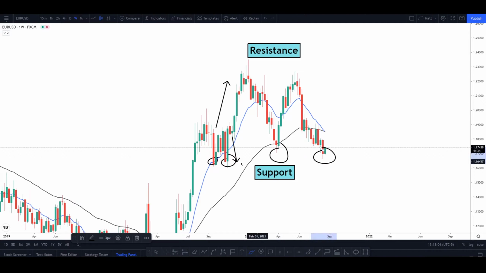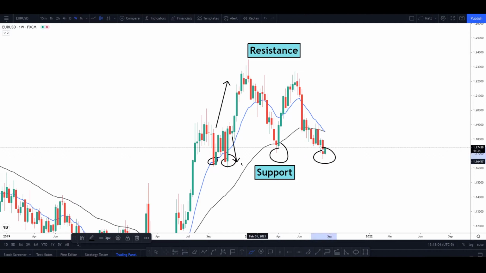Once again, you want to look at it as a general price region. Now, something that's quite interesting about support and resistance is that support can become resistance, and resistance can also become support. This is quite interchangeable, and it's essentially an endless loop that continues forever within price action. So if we saw over here in the past,